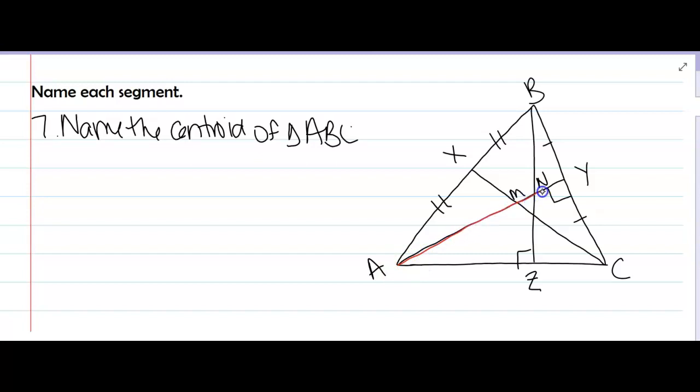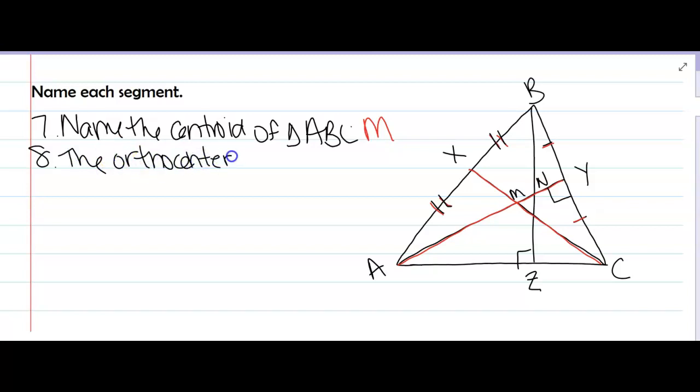AY, that's going to be a median because notice it cuts that segment in half. And then CX, that's also a median because it cuts that in half. So the point where those 2 lines intersect is point M. So that's going to be my centroid. Okay, number 8, let's name the